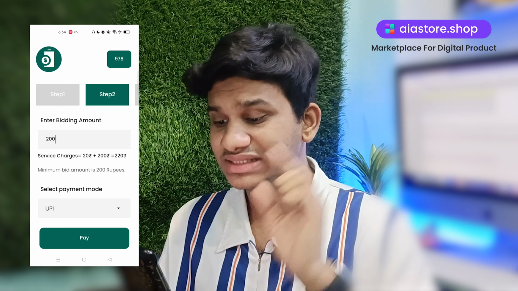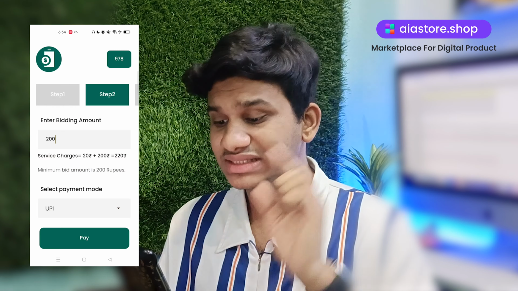Here you don't need to spend your time to test your application in order to get the coin. Here you can simply select the UPI or the in-app billing option, meaning you can pay by the Google Play balance. So here I am going with the select from wallet because I already have 978 rupees inside my wallet. And after that I am clicking on the pay button, and after clicking on the pay button, here you are seeing the notification, are you sure? Yes, sure. And then afterward your application will get published on the vTester.